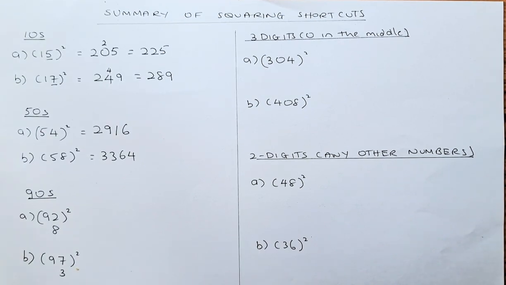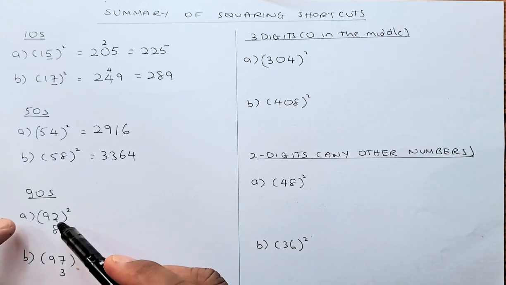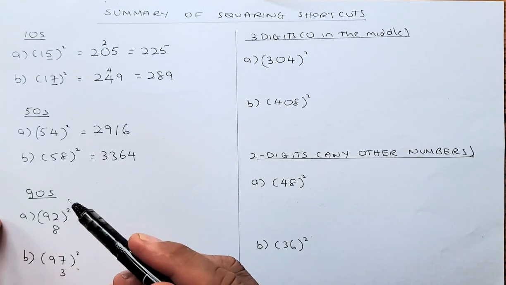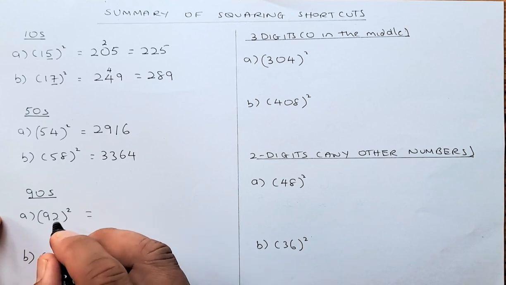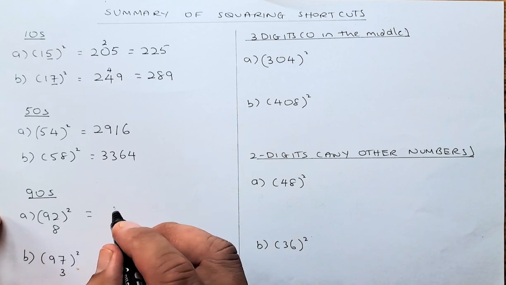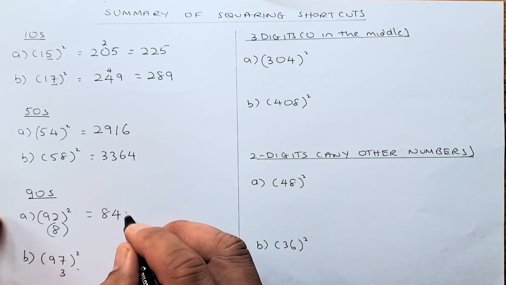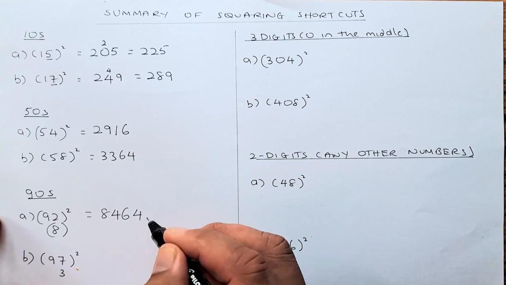Next, we are going to square numbers in the 90s. You have to find the number that adds up to make it 100. So 92 plus 8 gives you 100. The first step is 92 minus 8, which gives you 84. And then you just square the 8, and 8 squared is 64. And the answer is